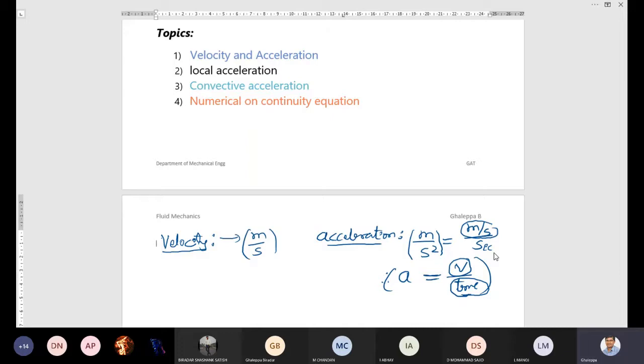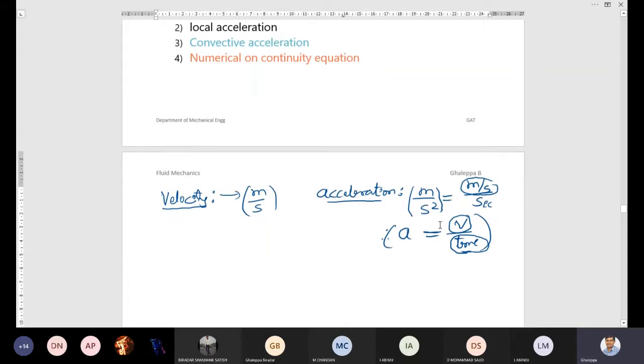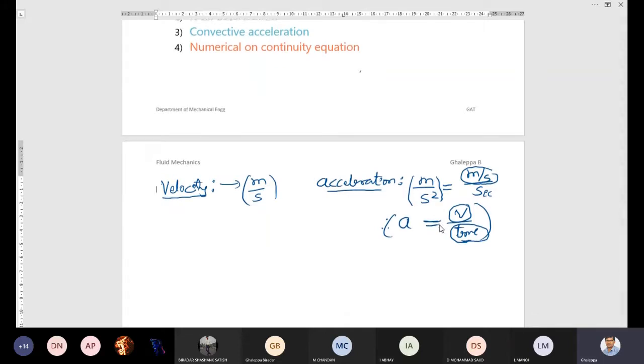Now we will discuss some two to three points related to mathematics. It is important to understand the local acceleration and convective acceleration. For example, I will write u. u is the velocity of the fluid in the x direction, and it is a function of the x direction as well as the y direction and the z direction, and it is also a function of time. Dear students, here u is the x direction velocity, and x, y, z are the space coordinates.